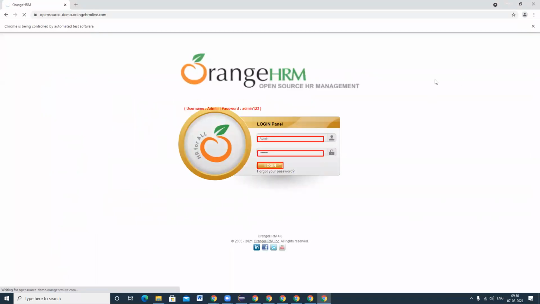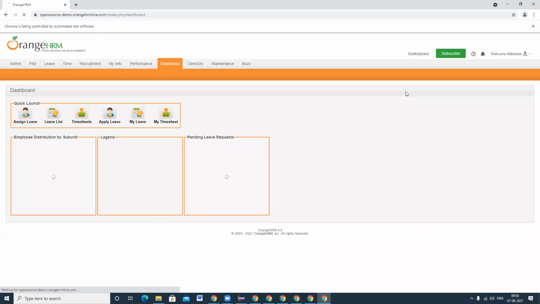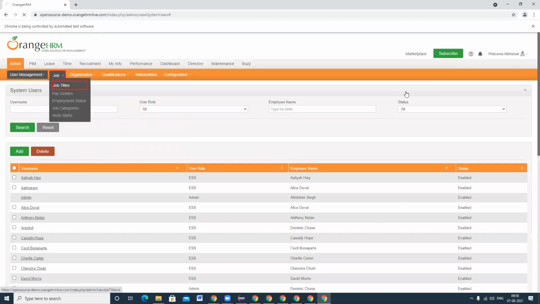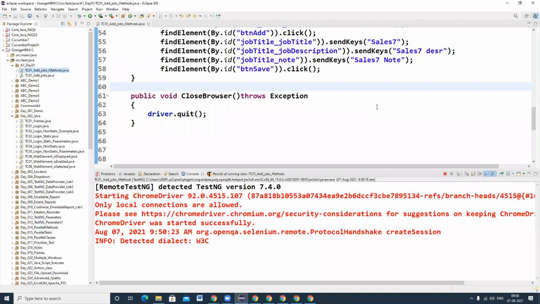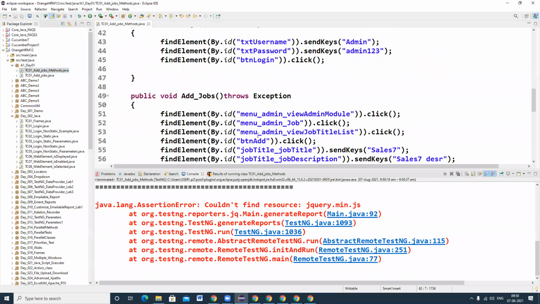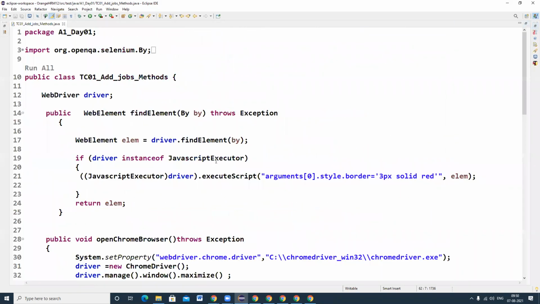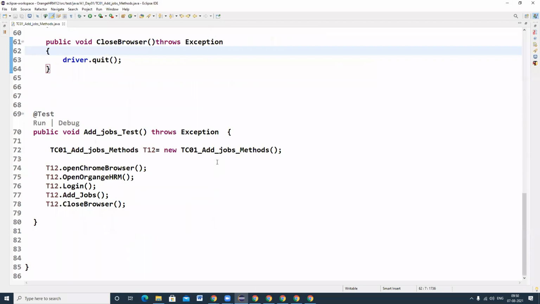While executing your method, the control will go to the appropriate method and those lines of code will be executed. If somebody reviews my code, they can easily understand it. Why do I have to write all the methods? I can write everything in the main program itself. I can write 2000 lines of code in the main test itself, and I can understand it, but others cannot if somebody is reviewing your code. So we have to write our code in such a way that everyone can understand what those lines of code are indicating.